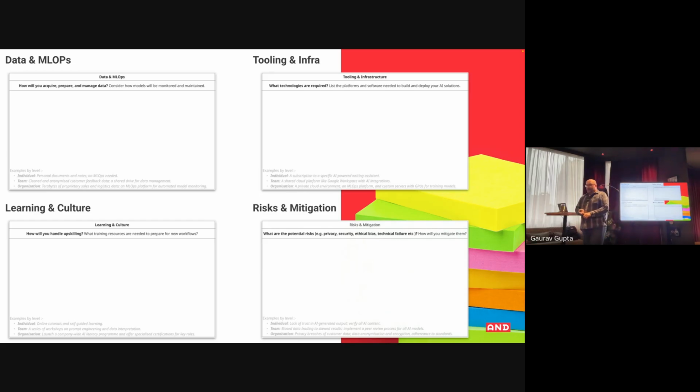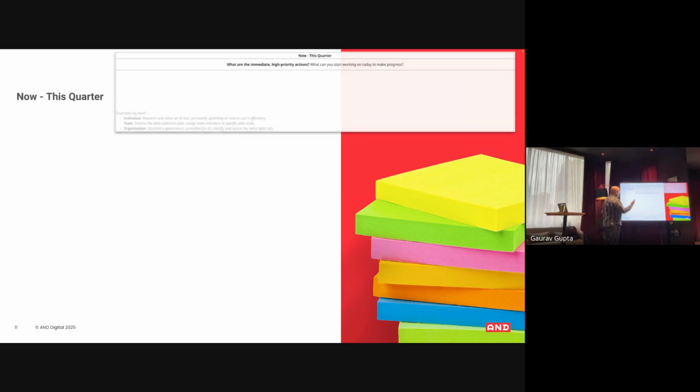And not to do any AI talks without talking about risk, because there is always risk involved in things which are new and novel and interesting. But think about that from a privacy, security, and ethics point of view. How are you going to think about that from either you doing stuff yourself, or you as a team, or you as an organization? Then finally, the bottom line.